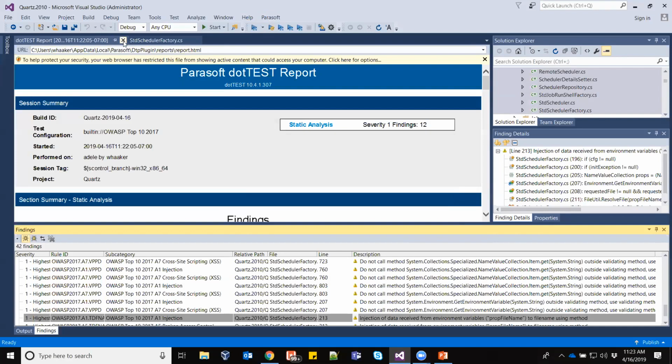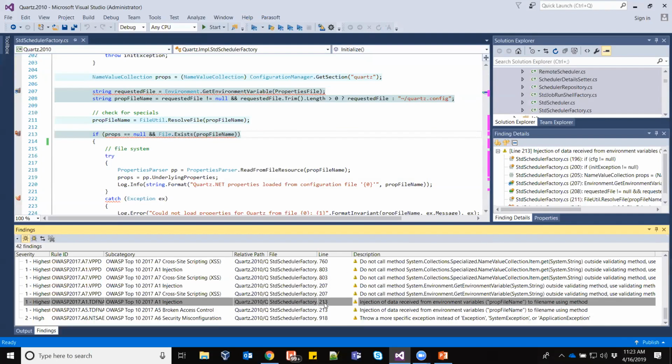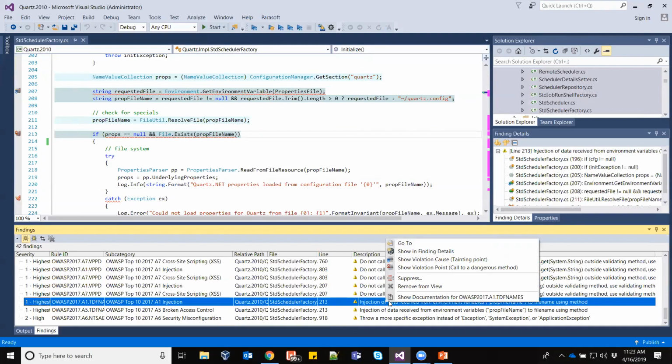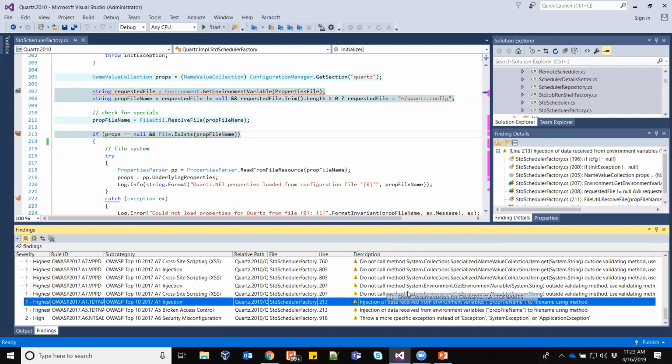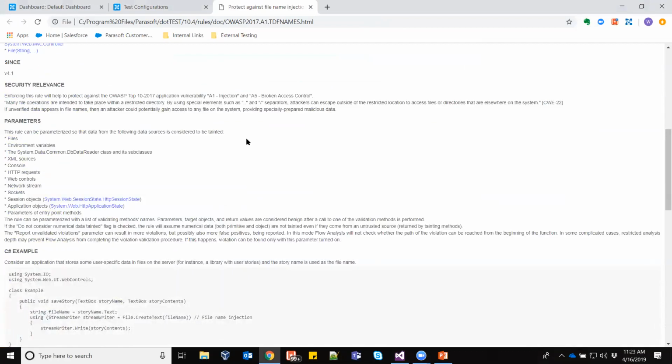So now that we've seen that execution take place, let's actually look at some of the output from this. Coming here to this one, injection of data received from environment variables. One thing to point out is that the documentation we were looking at earlier is also available for the developer.